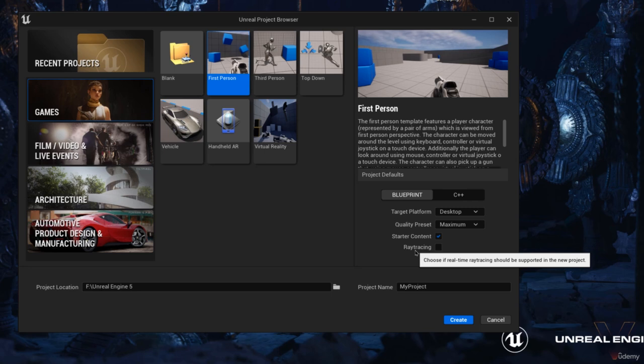reflections in things such as water and so forth. So again, if you have a modern graphics card that supports ray tracing and you want that to be enabled for your project, then you can select that. We're not concerned with that for this project. And then you can go and choose where you want the project location to be, and then you can give